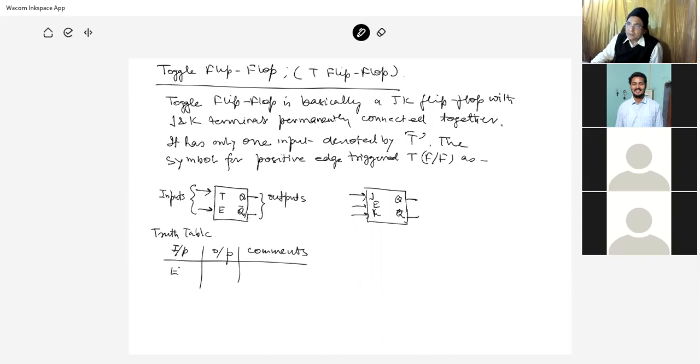E, T, Q n plus 1, Q bar n plus 1. E is 1, T is 0, this is Q n, this is Q n bar. If it is 1,